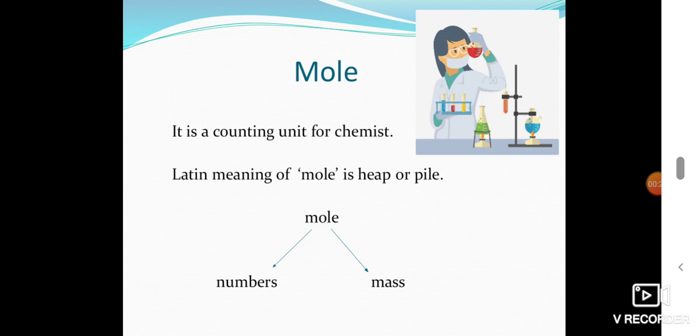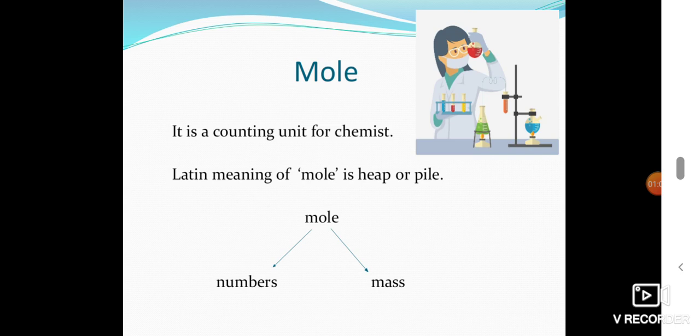For example, if you want to purchase rice and mustard and cooking oil, how do you ask the shopkeeper? You have to ask like that: 1 kg of rice, isn't it? Here the kg refers to the unit. Like that, 100 grams of mustard. Here what is the unit? Gram is a unit. 200 ml of cooking oil. Here what is the unit?